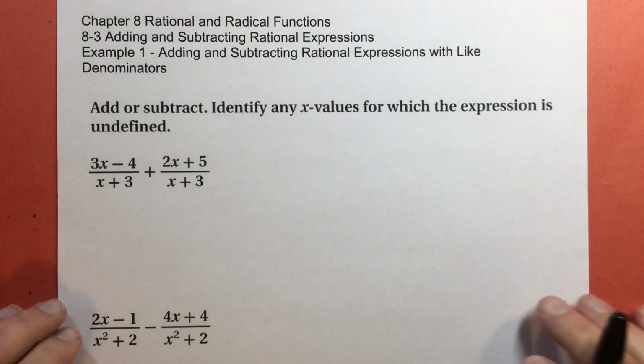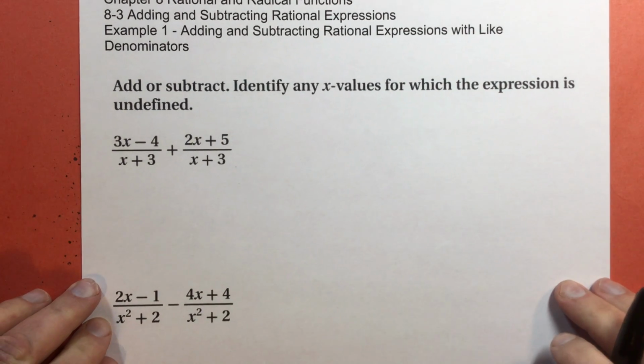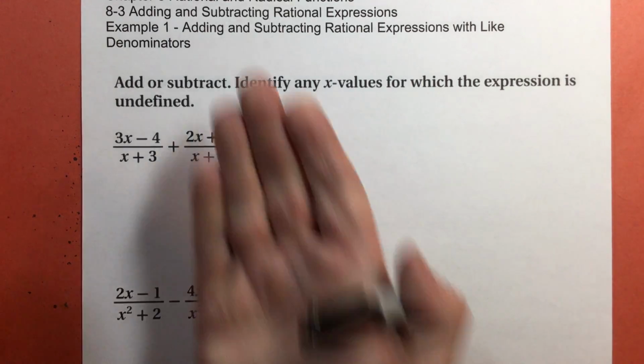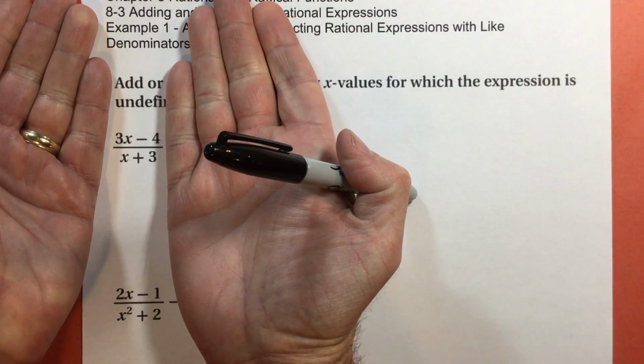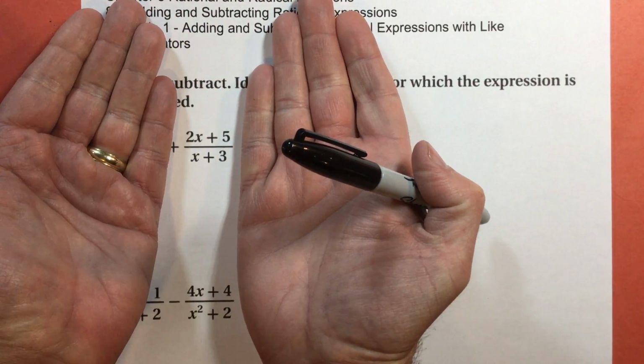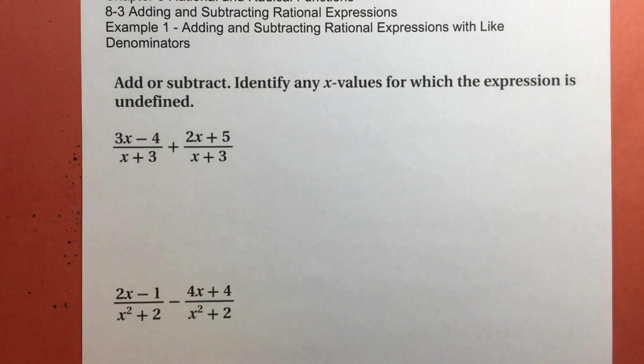So if I look at this first example, I'll move it up so you can see it. As you guys know, my 8.5 by 11 paper doesn't match up well with the window I'm using for my iPad. But anyway, I've got this rational expression, 3x subtract 4 over x plus 3, and this one, which is 2x plus 5 over x plus 3. So when I add,